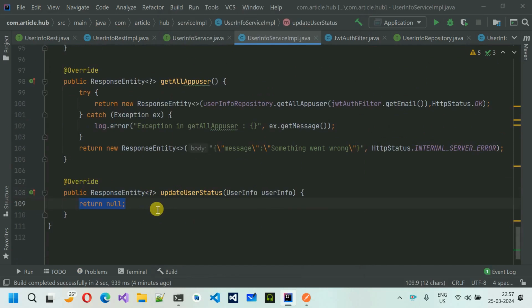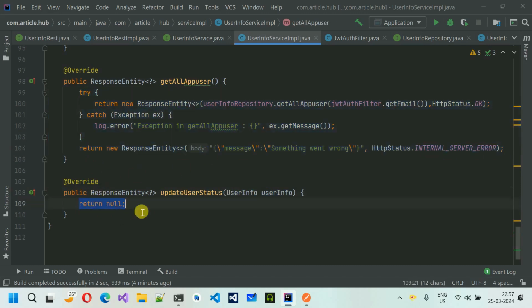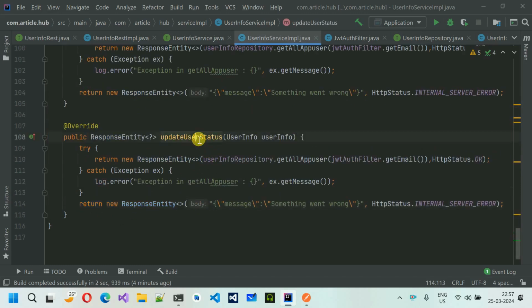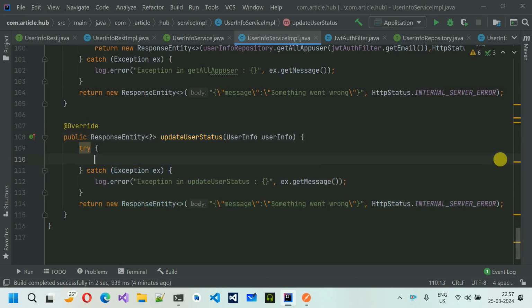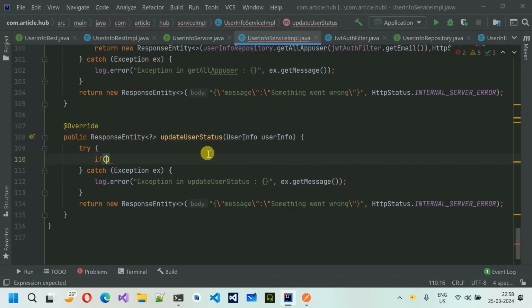So first thing what we have to do is check for the particular object if this one is null or not. So first thing, let me just copy this whole part and quickly paste it. Copy this method name and put it into this one. Okay. And after this, let me just remove this one, save it. First thing what we are going to do is check for this one. So if not